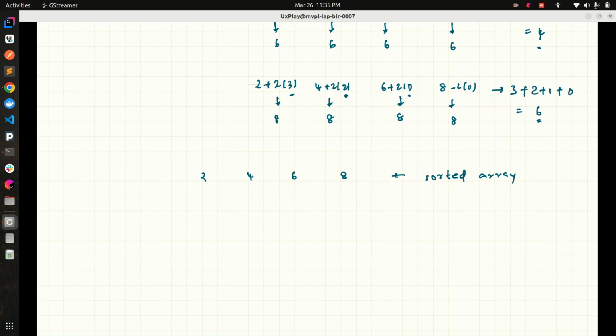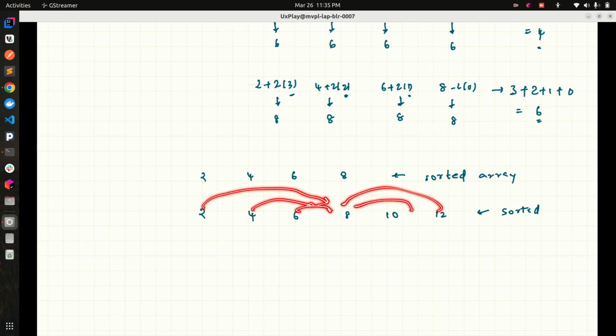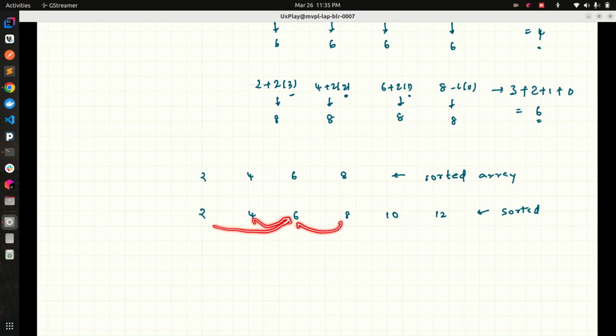So no matter, here we have 4 elements. Okay, let's say we have 6 elements, 2, 4, 6, 8, 10, 12. I'm just taking some input, and this is also in sorted manner, right? So here, if I have to make all the numbers equal, this is one possibility. And I can also make 2 equal to 6, 8 equal to 6, 4 equal to 6, 10 equal to 6, 12 equal to 6, right? Or I can make everything equal to 8, right? If you see,